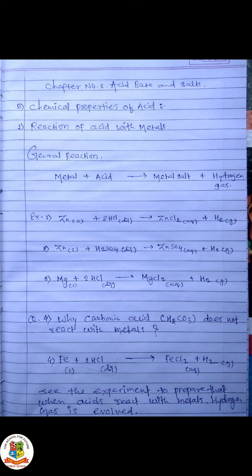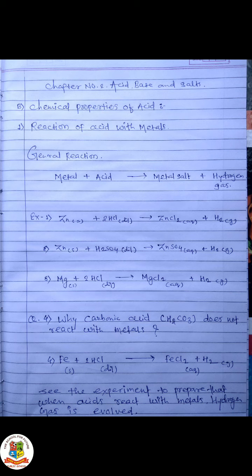After that we saw concentrated acid, where no water or a very small amount of water is present in the solution, and diluted means a large amount of water is present in the solution. After that we saw the properties of acids. There are two types of properties. First is physical property and second is chemical property.